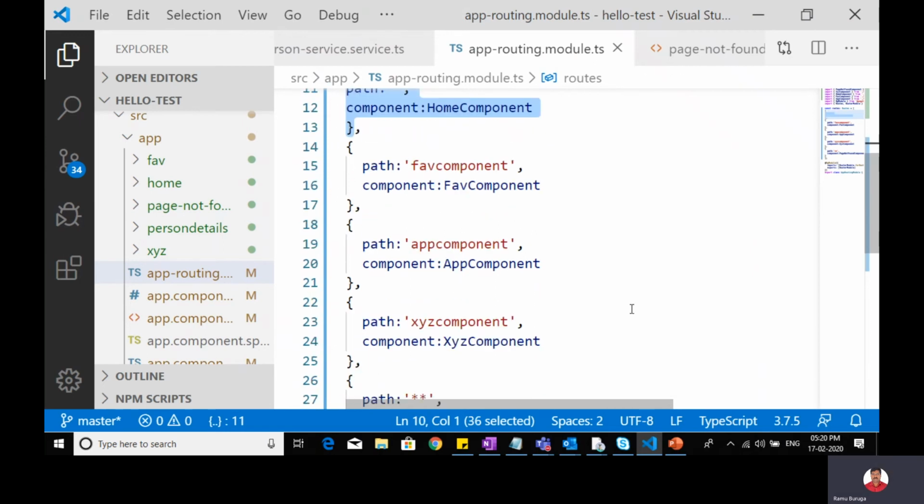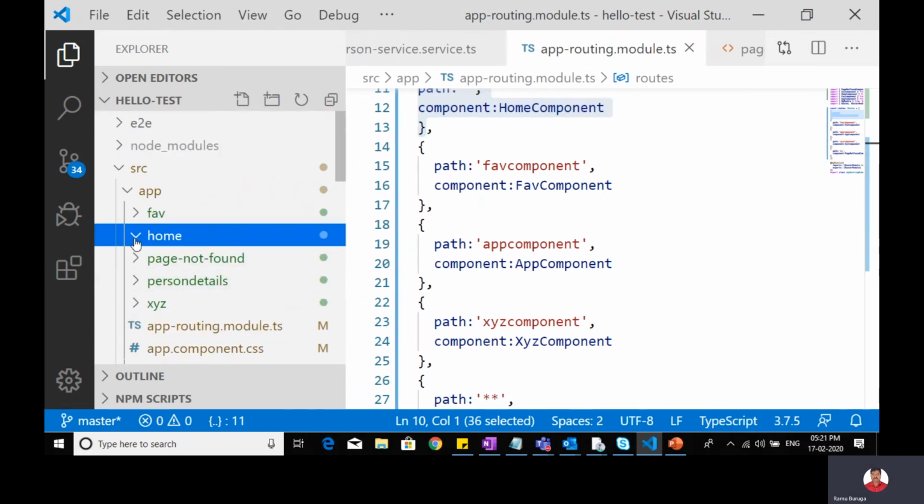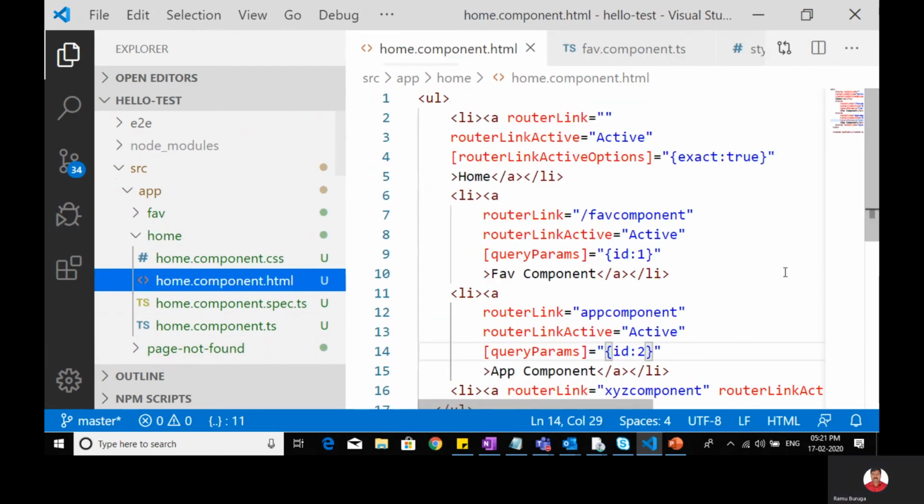Then I'm using home component as my application home component.